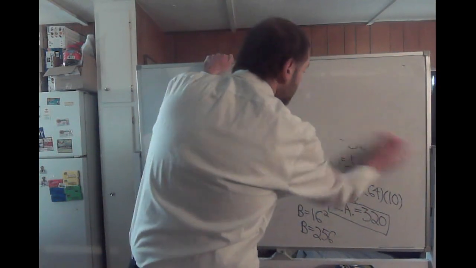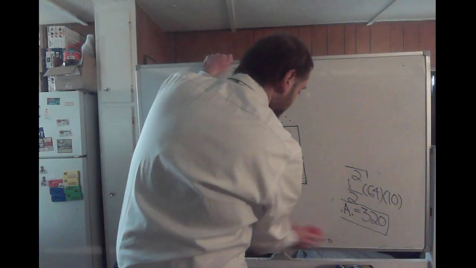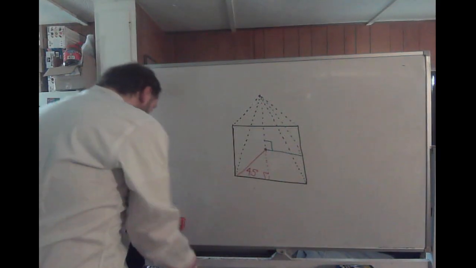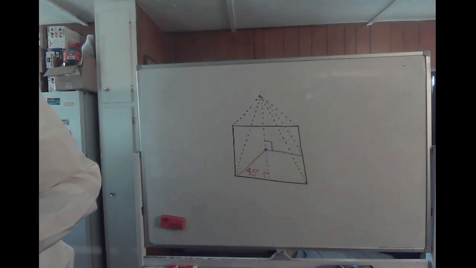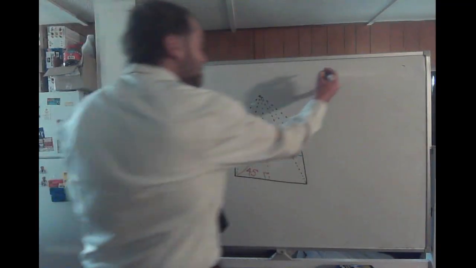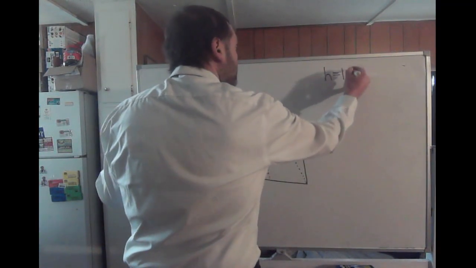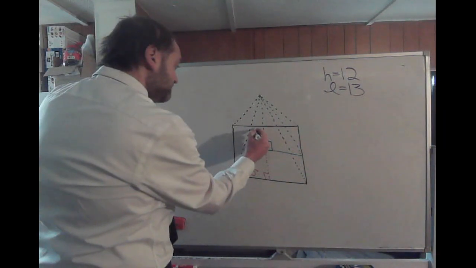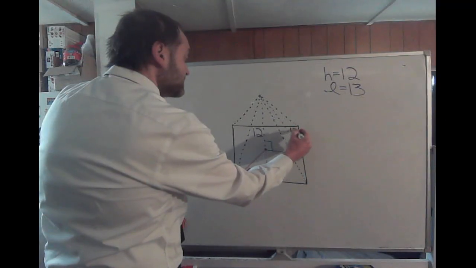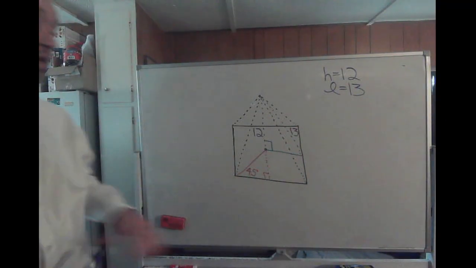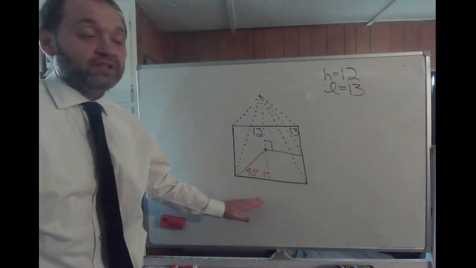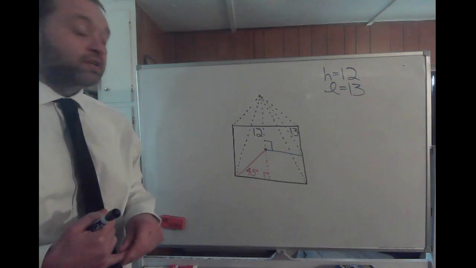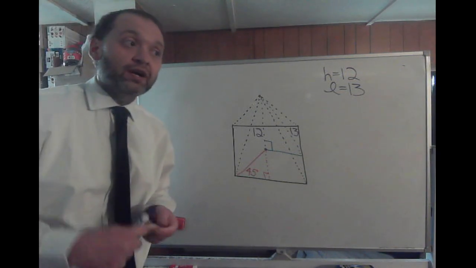Two more problems. All right, what are we given? We are given that the height is 12 and that the slant height is 13. So this time we know the height to be 12, we know the slant height to be 13. Well, we don't know what the side of a base is, and we definitely can't go further without that to even find the perimeter or the area of the base, let alone find the lateral area, surface area, or volume